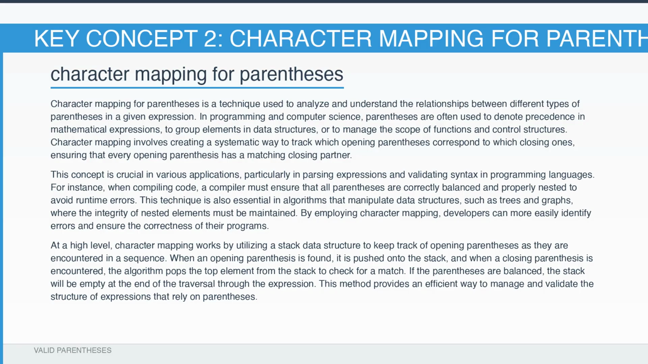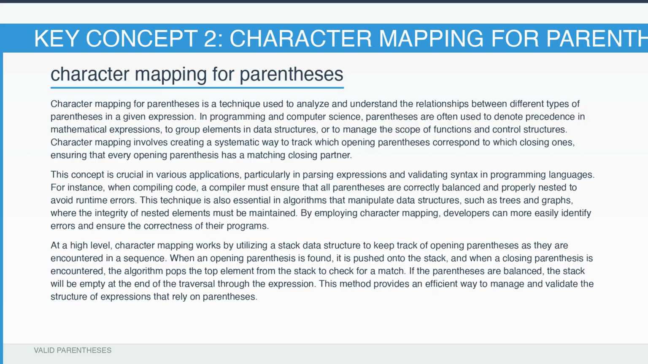Character mapping for parentheses is a vital technique for understanding how different types of parentheses relate to one another in an expression. In programming, parentheses are used to establish precedence in mathematical calculations, group elements in data structures, and manage function scopes. To effectively track which opening parentheses correspond to which closing ones, we use a systematic approach. This ensures that every opening parenthesis has a matching closing partner. This concept is especially important in parsing expressions and validating syntax in programming languages. For example, when a compiler processes code, it needs to confirm that all parentheses are balanced and correctly nested to